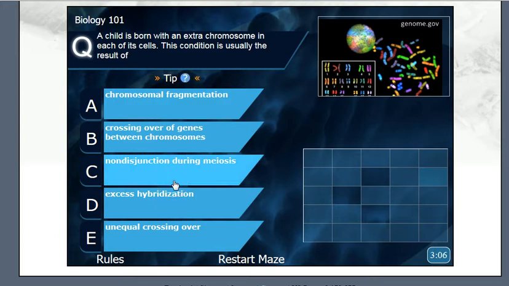And the rules could not be simpler. Correct answers always take you closer to the maze exit, while wrong answers take you further away. It's simple, but the truth is these maze games are diabolical. You could just try random answers to guess your way out of the maze, but the odds against that are astronomical. Your only real choice is to choose the correct bits of information,